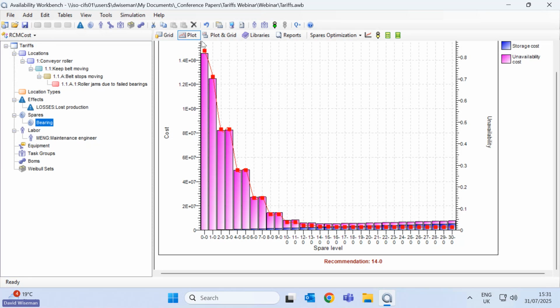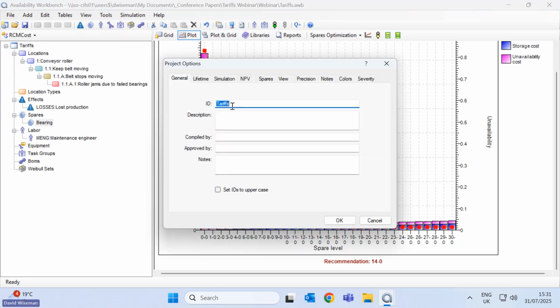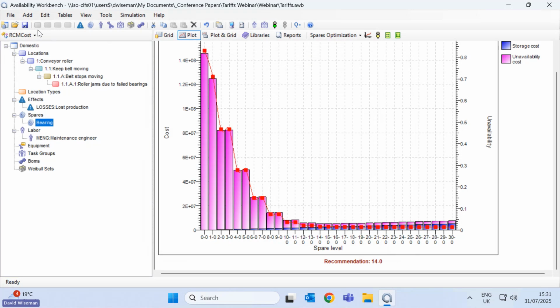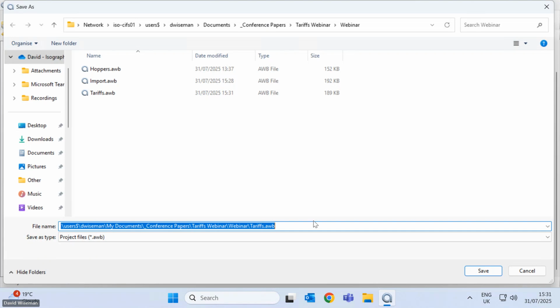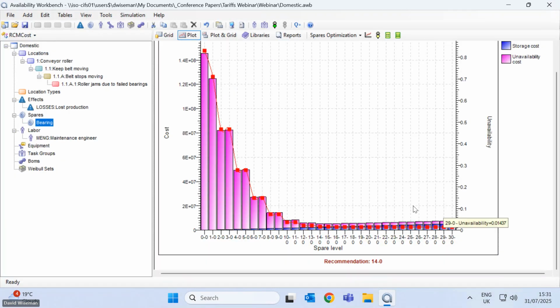So I'm going to do the same thing. I'm going to create another copy of my project. I'm going to call this one domestic because I'm getting spares from a domestic supplier. Oops, I've overwritten my tariffs one. That's fine. I've got another copy of that. So I'm going to call that, what am I going to call it? Domestic. And yeah, so now